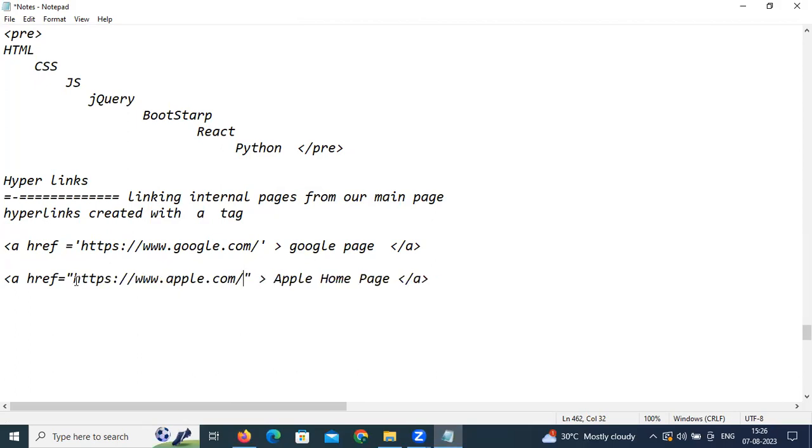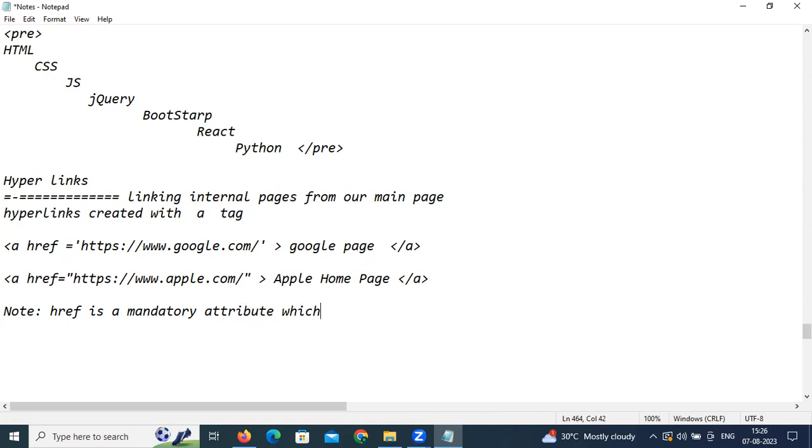Can you see and observe? This is very simple and straightforward. Hyperlinks start with the a tag. And one more important attribute is needed. That attribute is called href. Href is an attribute, so let me write a note point here. Href is a mandatory attribute